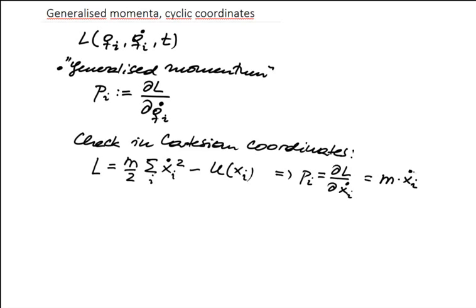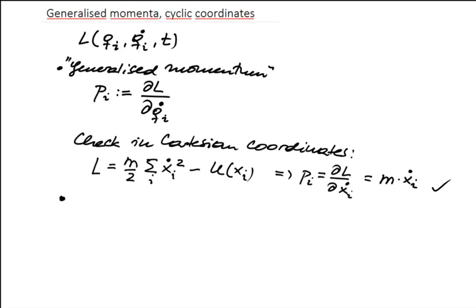So momentum equals mass times velocity, and that's precisely what we know to be the momentum. So in the Cartesian case, this actually is the momentum, and for arbitrary coordinates, it doesn't necessarily correspond to the physical momentum, but it's defined in the same way, formally, and it's called the